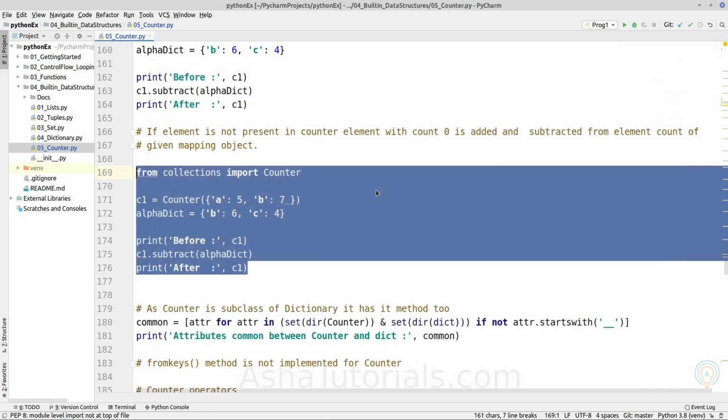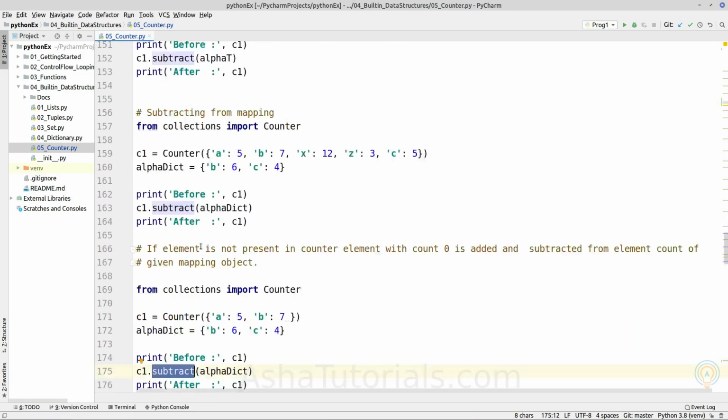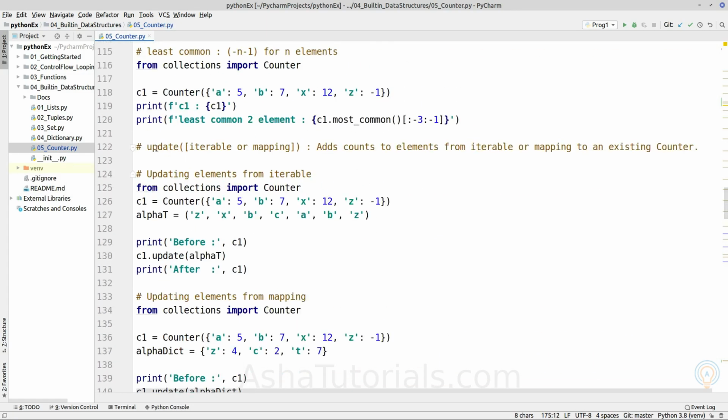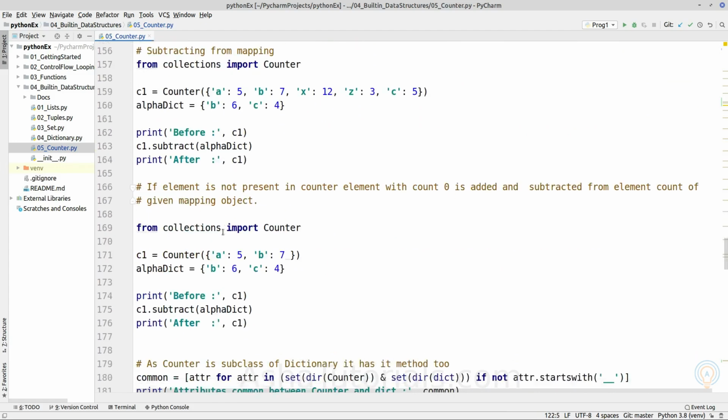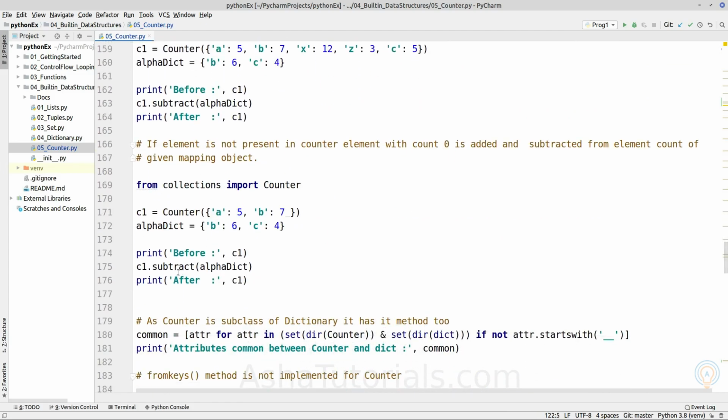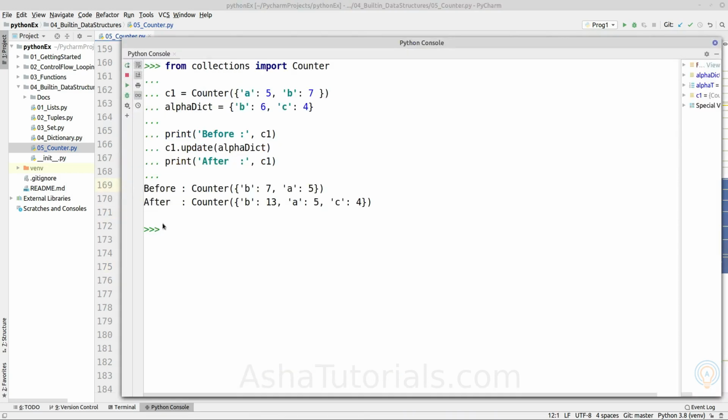The same is true for what we saw earlier for update. If we try to update it, as we can see, it will add 0 for it and perform the addition.